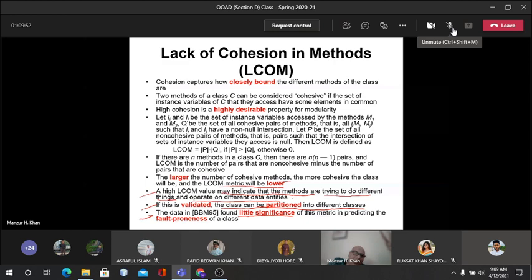Now, this is the article. If you search in Google with BBM95, you will actually find the survey and all the articles based on which these metrics are actually created. So this is CBC and LCOM, based on which you are supposed to have a quiz in the next class,